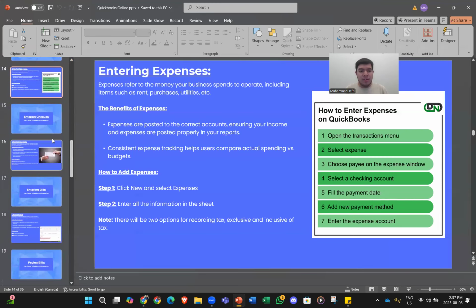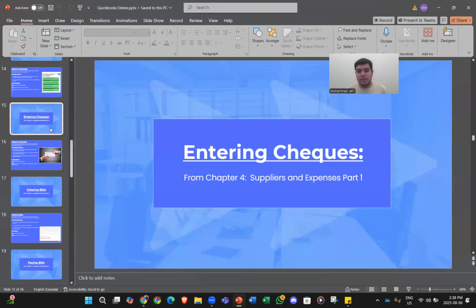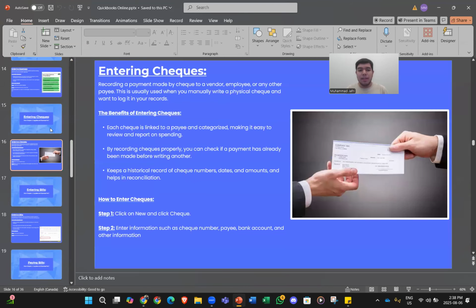The next feature in QuickBooks is entering checks. Now, when it comes to entering checks, a check is basically a payment that is made to a vendor, to an employee, or any other payee. And this is usually when you manually write a physical check and then you want to log it into your records. So usually you see that if you don't have the funds right now, or if there's a huge amount of funds which you currently don't have in cash,